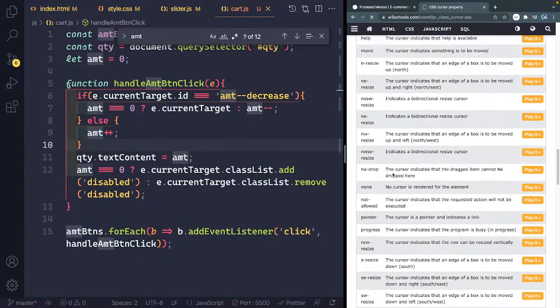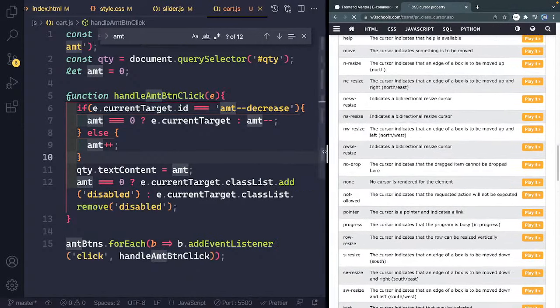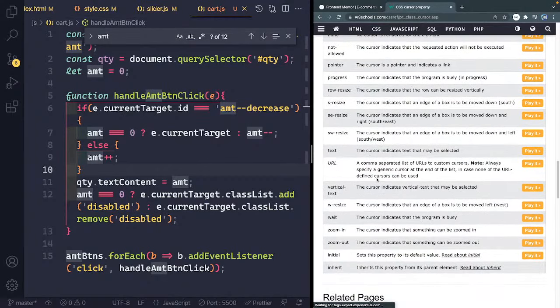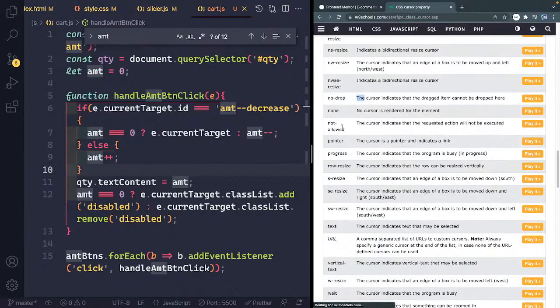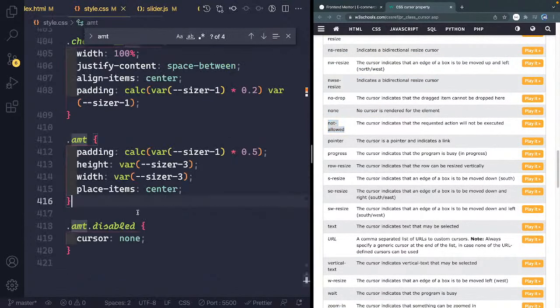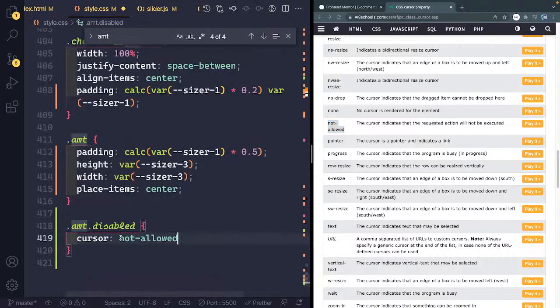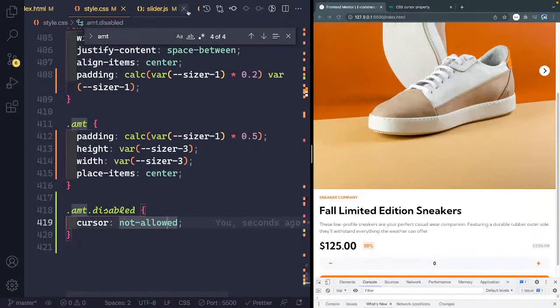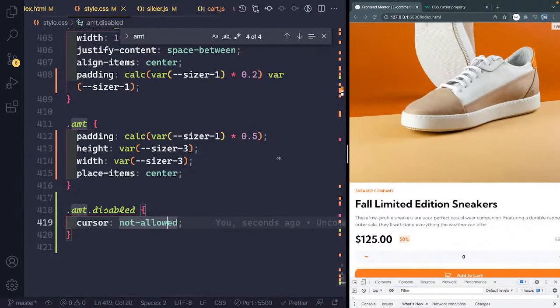If you remember what that's called, let me know. No drop. None, no cursors allowed. Item can't be dropped here. Zoom in, zoom out. Not allowed. I think that's it. Okay, so let's do that. Not allowed. Come back over here. Hey, that's good. Okay, so it's disabled, and we should probably also,